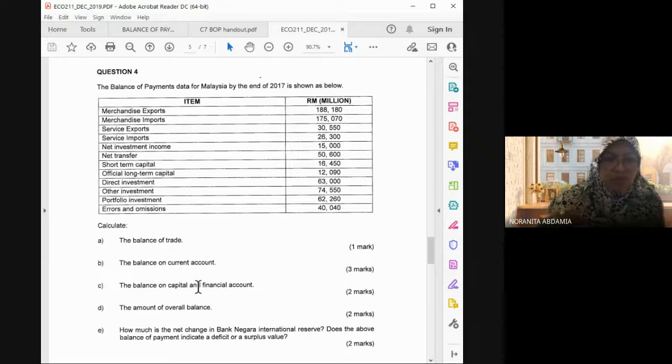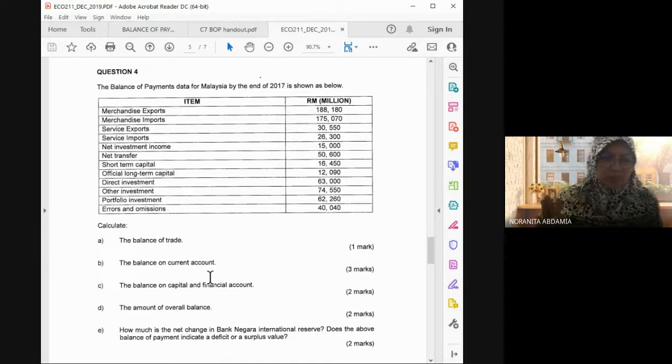The structure I showed you is actually to facilitate you, to show you whatever the items are, that is the position, in order. If the question requires you to do it in that structure, you already have the example. Right? And then the balance of the current account. For a question like this, as you know, current account itself has 4 sub accounts. Right?